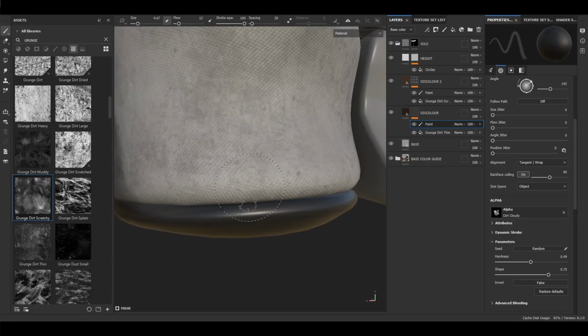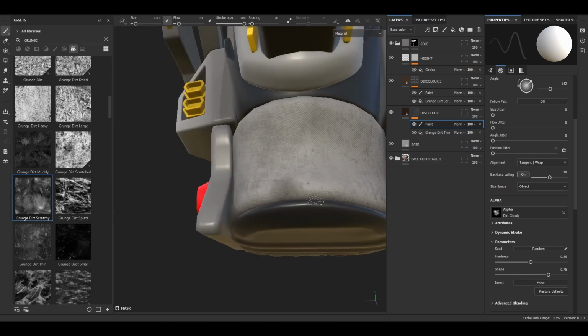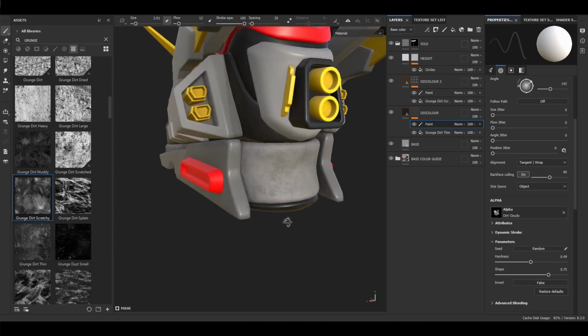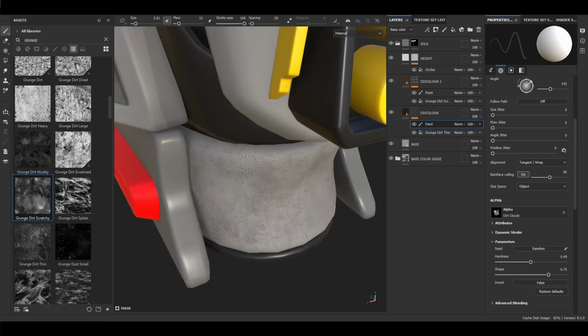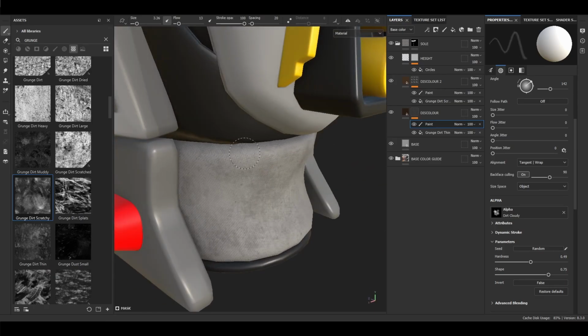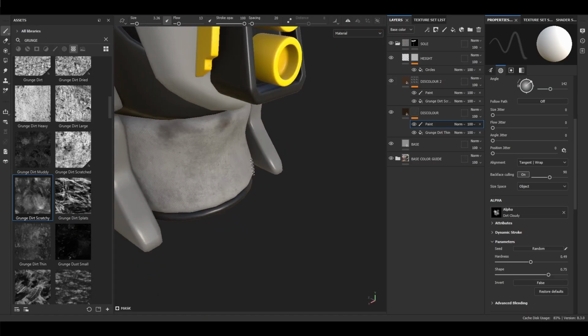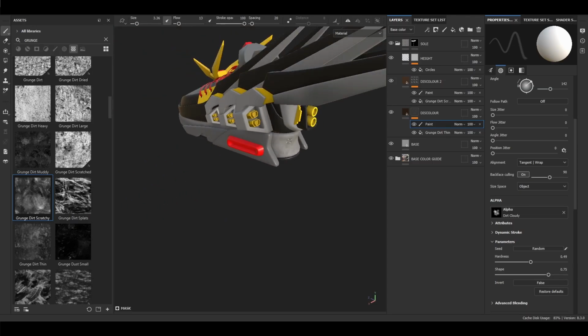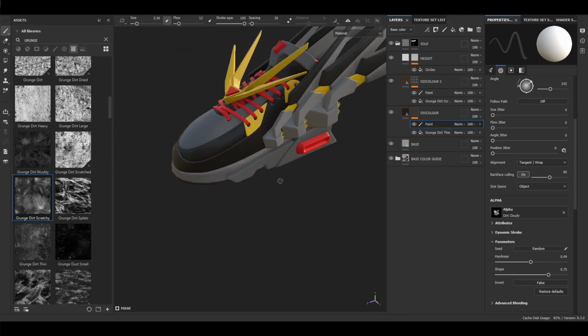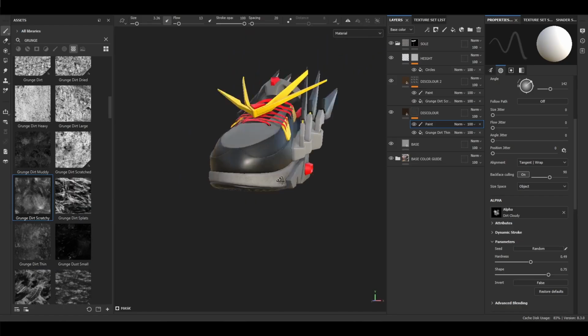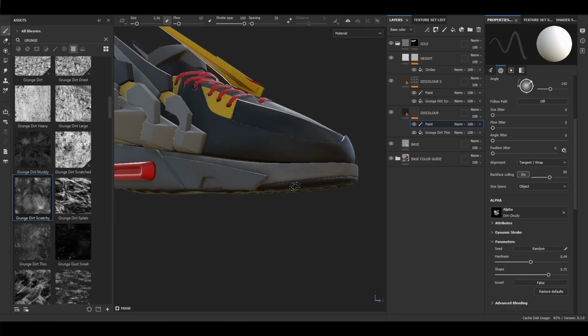You can even add dirt over here in the middle. It's not that obvious, right, because you're manually painting it, but once you start to add tileable textures, that is a time where everything will get obvious. But if you manually paint everything like this, the seams are not visible, because you're adding texture here and in the bottom as well. So anyways, I think we are done with our sole. We can move on to